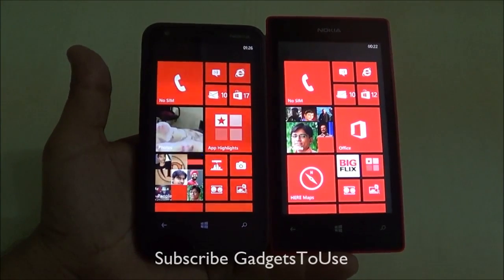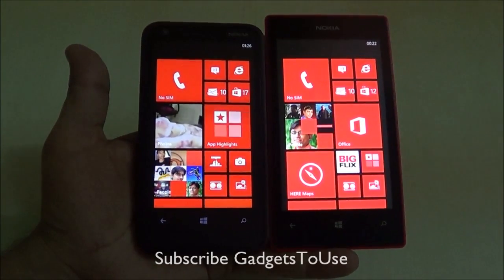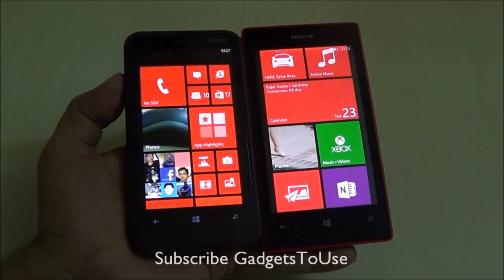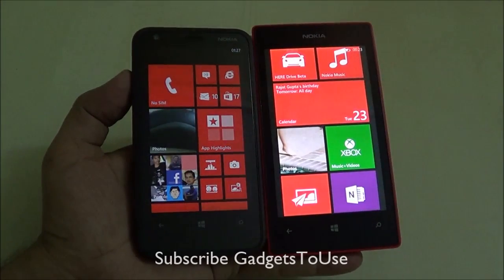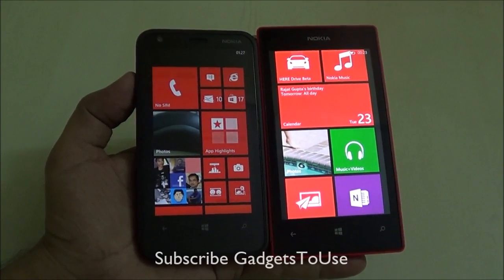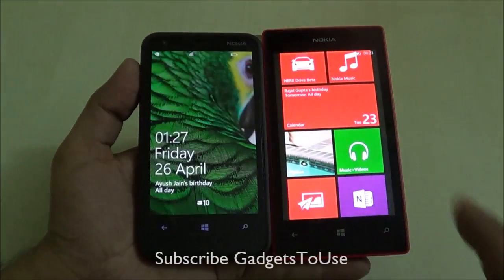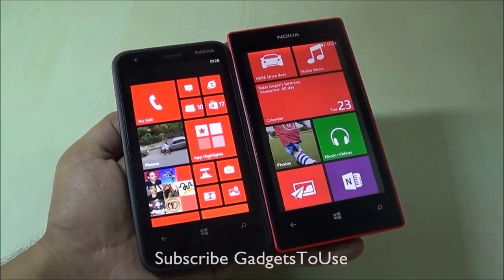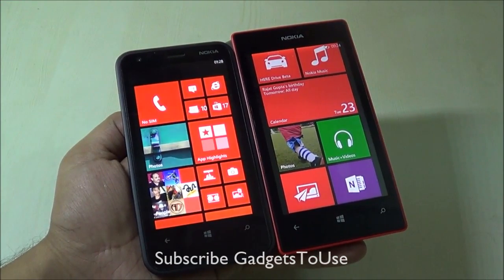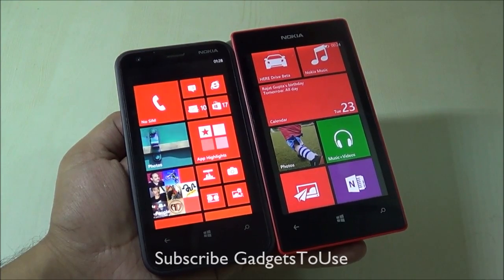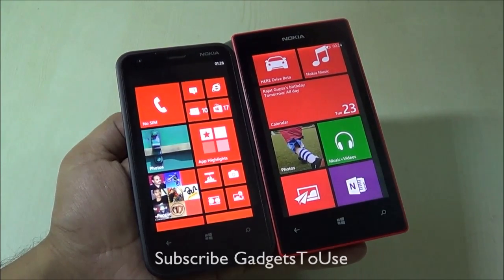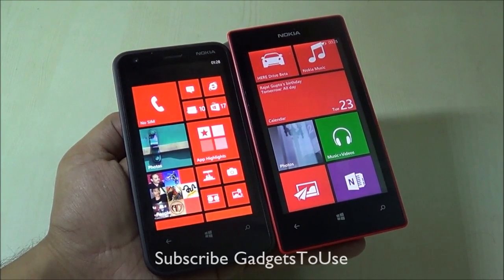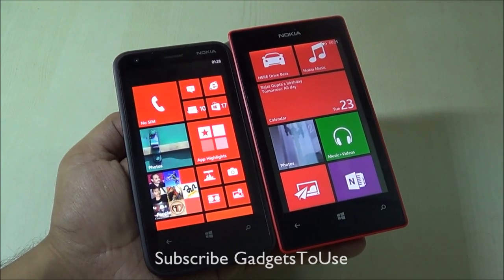Both of these devices support high definition video playback, both at 720p as well as at 1080p. Now the audio quality from both of these phones is pretty much the same on the headphones. We have experienced that the Nokia Lumia 620 is slightly louder as compared to Nokia Lumia 520. Now the battery life on both of these phones is fairly good, and we have been using these phones for more than 2 weeks now, and we have experienced that the Nokia Lumia 520 has slightly higher battery backup as compared to Nokia Lumia 620.